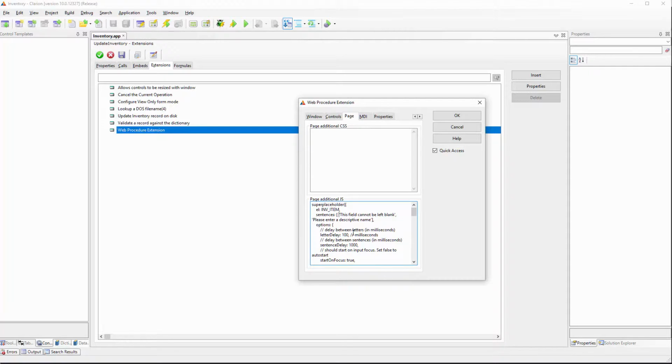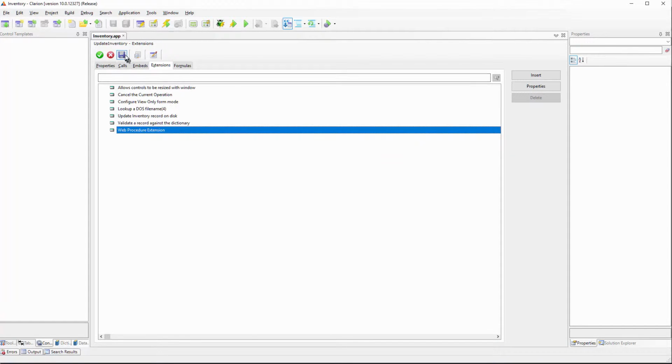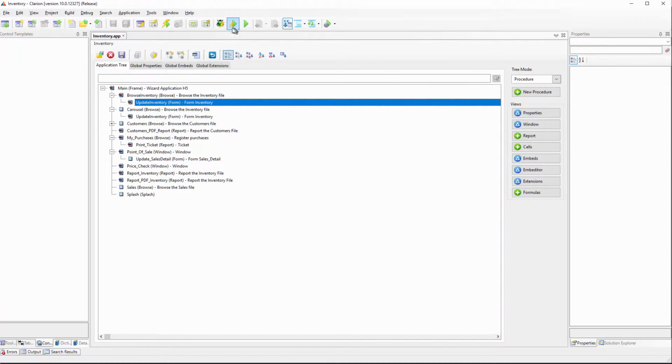I am going to use a couple texts, and I am basically telling the end user that the field cannot be left blank and to use a descriptive name, just the usual. Everything else can be customized. And